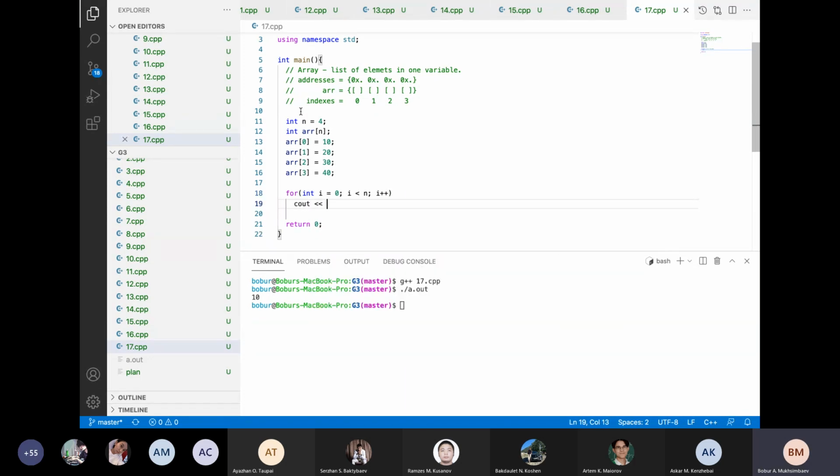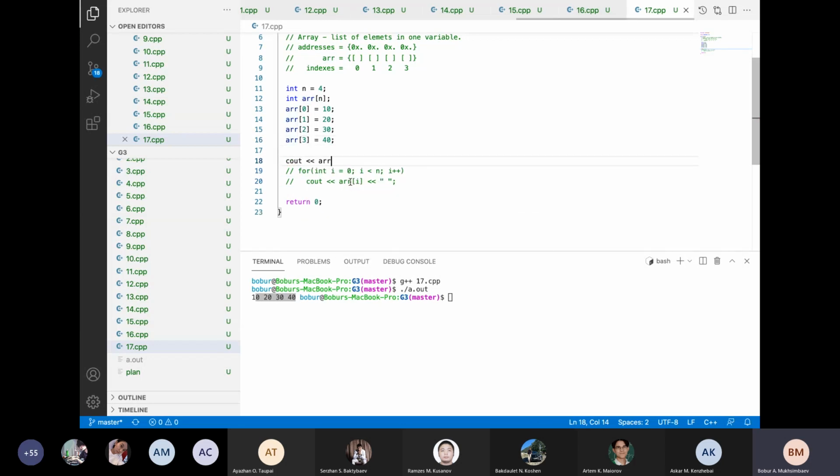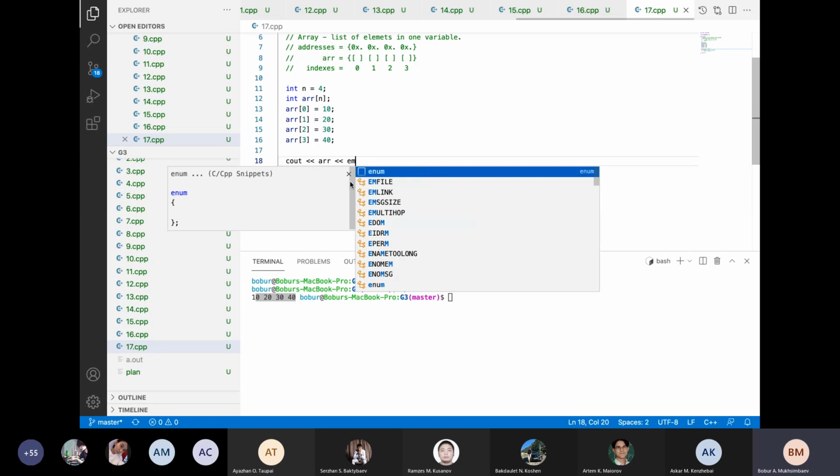And inside it I want to print out array i and a space, and that's it. And in this case we don't have any problems with a big number of elements inside of the array. So it will just print out all the values inside of the array. So as we did before, if you cout array, it will print out